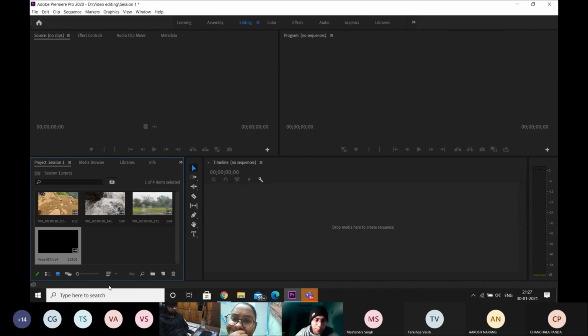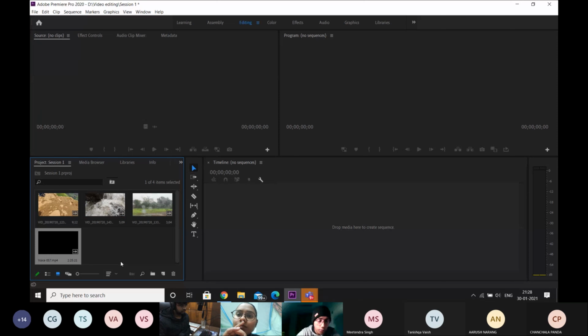So this is how we import stuff into the project, the import media section. Now let's say I want to see what is in these clips. So there are two ways. We can just see it inside this box. I just need to hover on top of the video. Are you guys able to see it? It's really small. When I hover on top of the video, it shows me what's inside the video, and there's a small timeline. So depending on where your cursor is on top of the video, it shows me that part of the video. I hope this is visible properly.